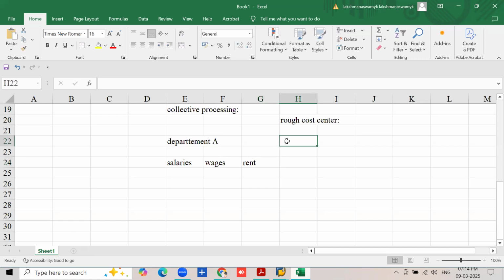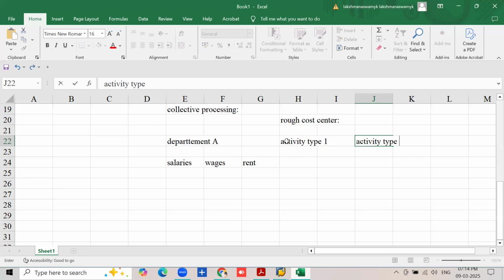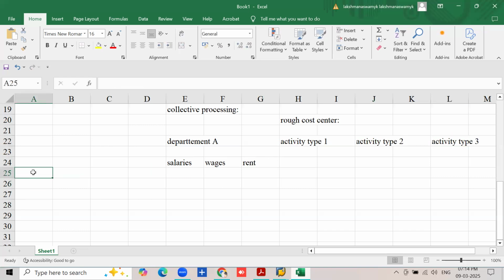Now, in the department A also, we are carrying three activities. I told you, we can carry on multiple activities in the cost center. So activity type 1, activity type 2, activity type 3, right? Now, in the case of activity independent planning,